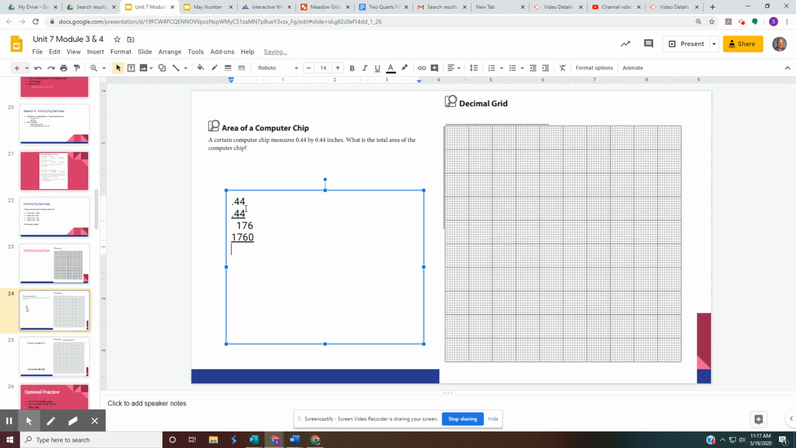So 6 plus 0 is 6, and then 7 plus 6 is 13. We're going to carry the 1, right? And then 1 plus 7 is 9. And then 1 and 1. All right, so this does not make sense, right? That I would multiply 0.44 times 0.4, which is a number smaller than 1, right? And I would get